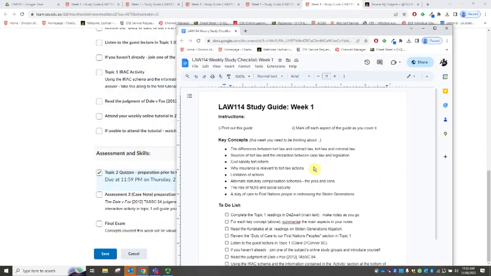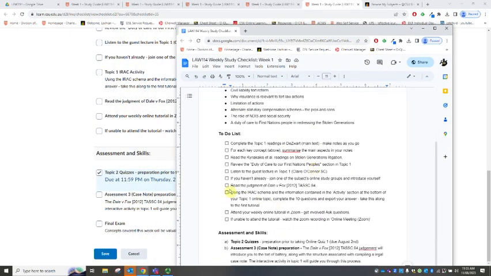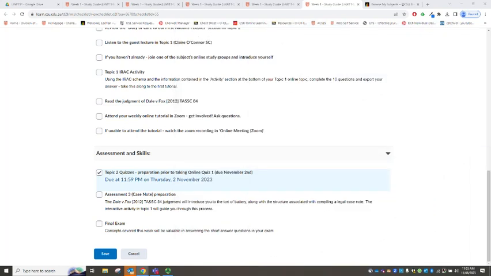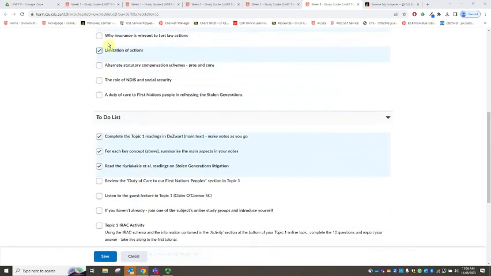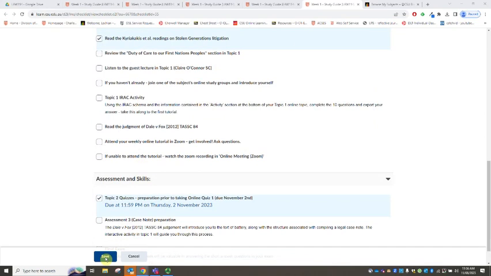So we've moved from this object, for example, where we just had everything going in with those checkboxes, where the intent was always going to be print it off, tick it off, pen and paper, have it as your study guide next to you, to the option of a dynamic checklist of sorts that you engage with, and again, potentially print off. But if you're going to be printing that off as a student, you'll also notice that when you check these items off, there's a save option here. If I click that,